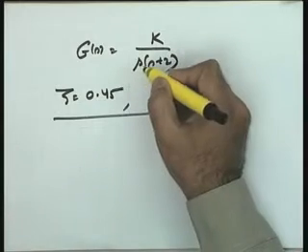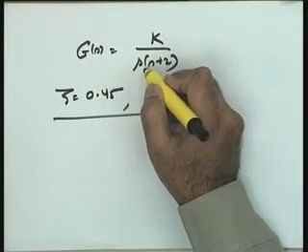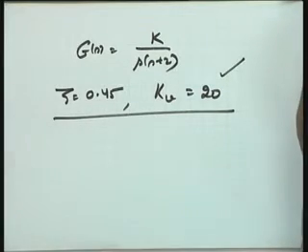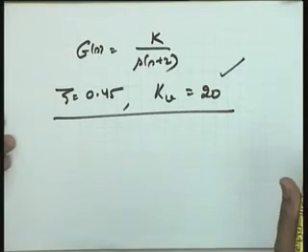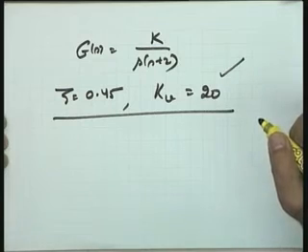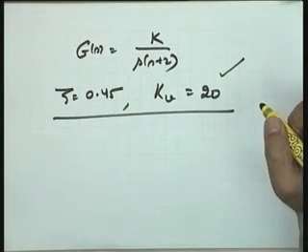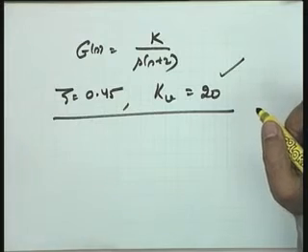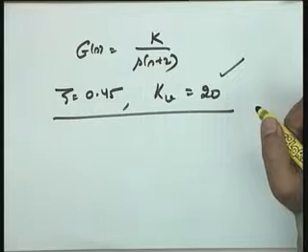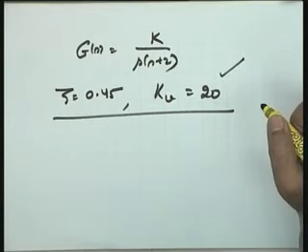In this particular case it's a type 1 system. It should be clear that the step error requirements need not be given because the error to step inputs will be 0. Ramp error will be finite and hence KV may be specified in this particular case. In the earlier case the steady state requirement was not specified, obviously because the system under consideration was a type 2 system. And suppose it were specified in that particular case, once the transient requirements are satisfied, whatever K you have selected, you can at best see whether your steady state requirements are satisfied or not. If it is not satisfied, you cannot do anything as far as phase lead compensation is concerned.